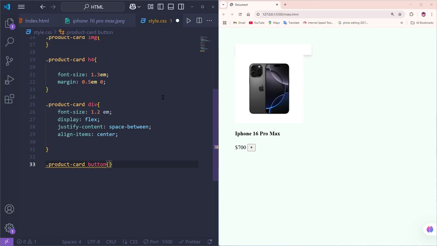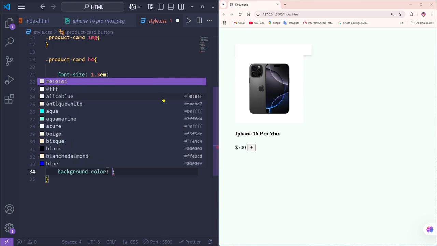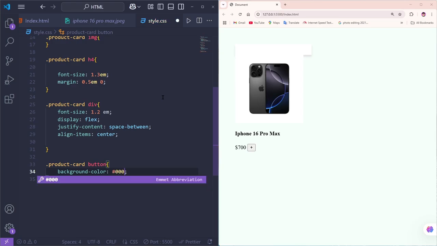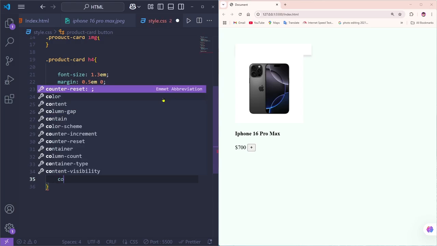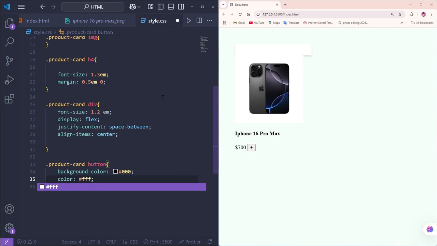We can simply use the curly brackets. In the curly brackets we can simply add background-color. In the background color we can simply add #000. We can save it, and now we'll go for the color, and the color should be #FFF. We can save it,